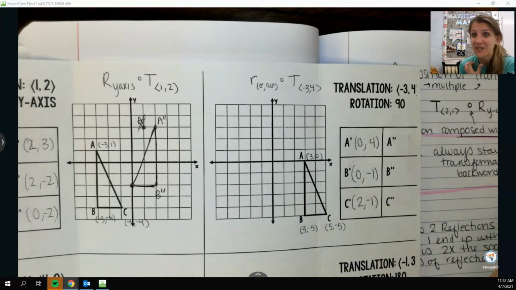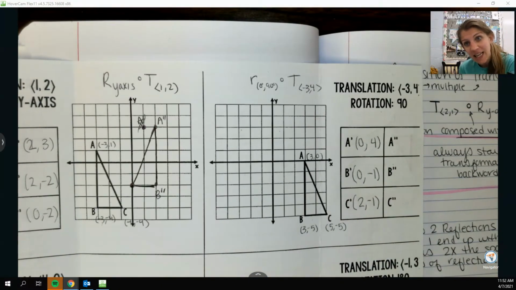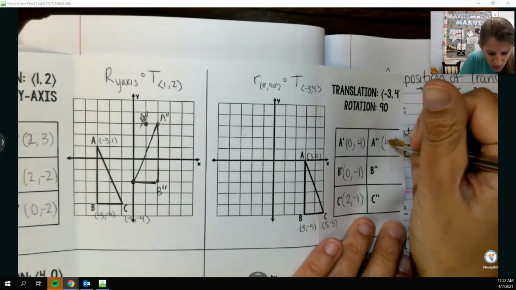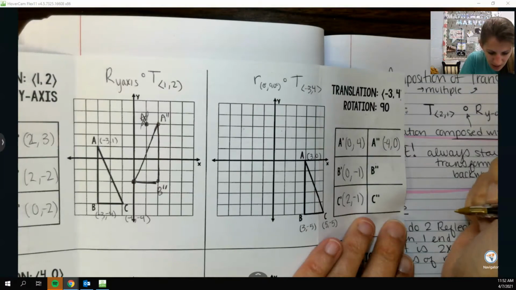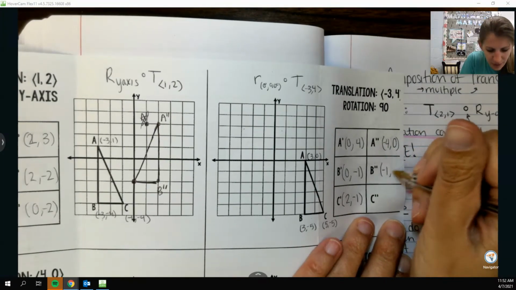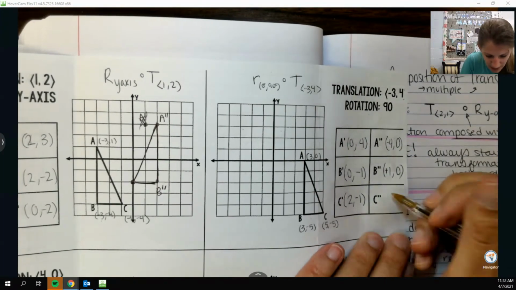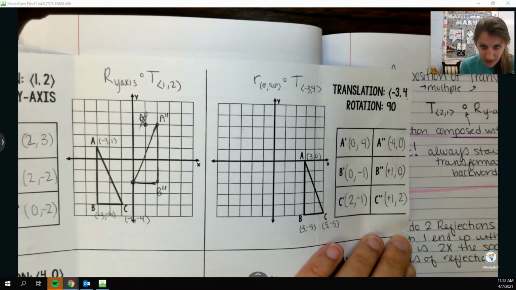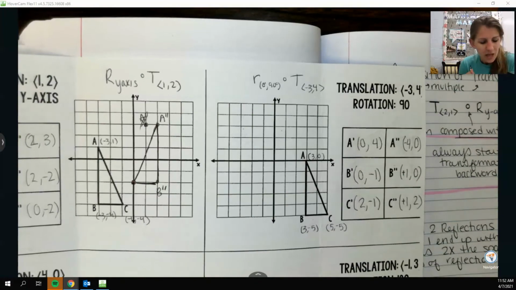Then I'm going to do a rotation of 90, and when I rotate 90, the rule for that is I'm going to swap and change the first one. So I swap and change the first one, swap and change the first one, swap and change the first one. Okay, so